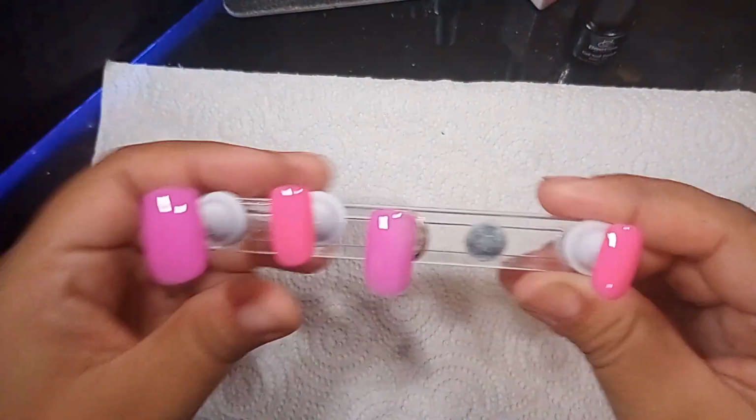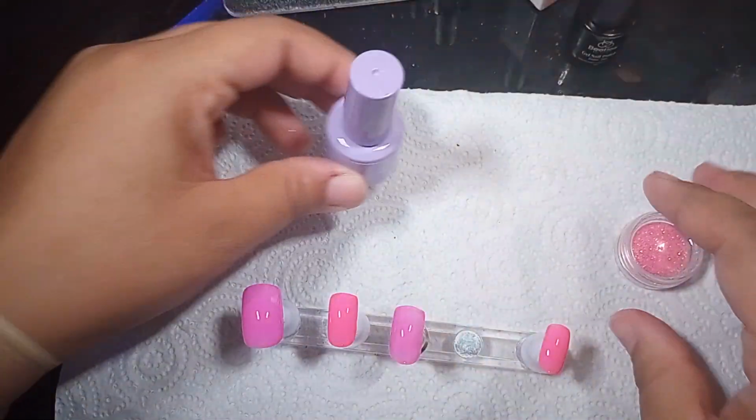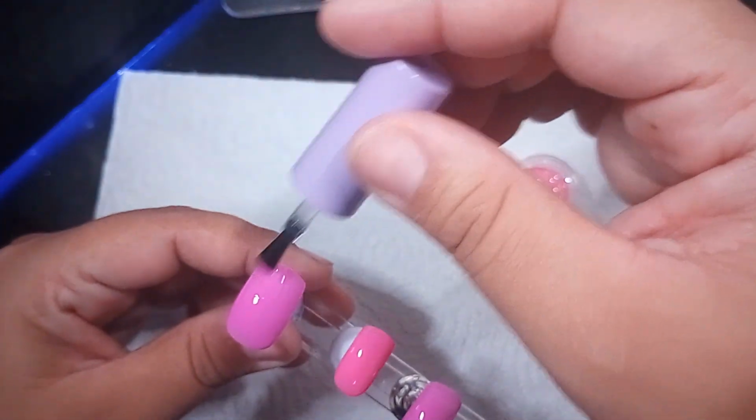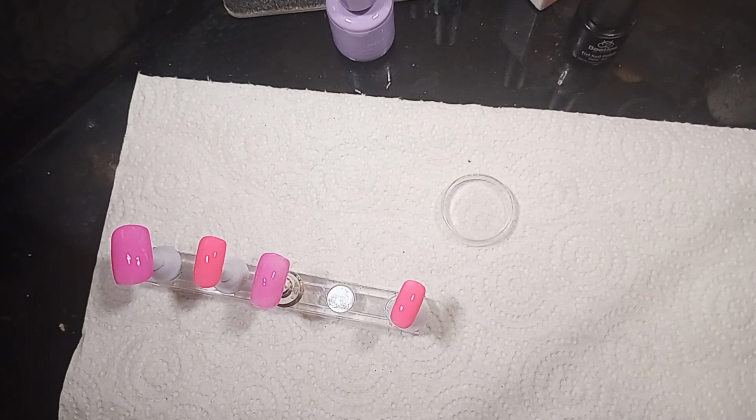So with these, what I really want to do is add the glitter. We're gonna see. Might do this one on the purple just because, like I said, I want it to be kind of like, how do I say this, I want it to be blending in, if that makes any sense. I don't know, but y'all get me. Y'all understand, and if y'all don't, I'm sorry. But let me, darn it, I was about to say it's not opening. Okay, as you can see, like I said, I don't use it, so this is still open. Yay. Okay, so now what we're gonna do